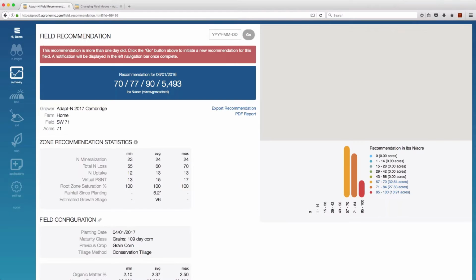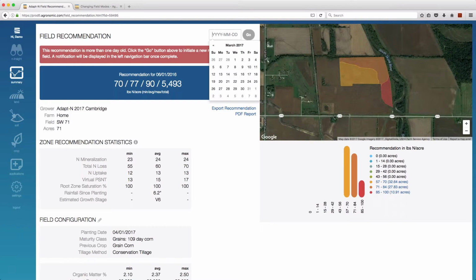I can go back to the field recommendation, and now my calendar widget goes through today. So I can basically run this recommendation for right now and say, what would we have recommended today, and hit the Go button. Once I activate a field, it's going to run automatically on a daily basis for the rest of the season. And we'll come back in just a minute and talk about how to monitor that as the season progresses. But before we do that, I just want to orient you to a couple other things on this